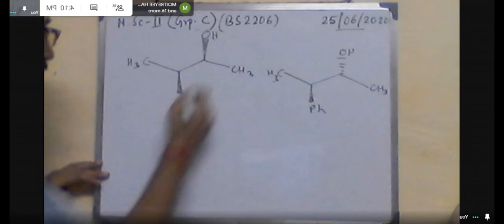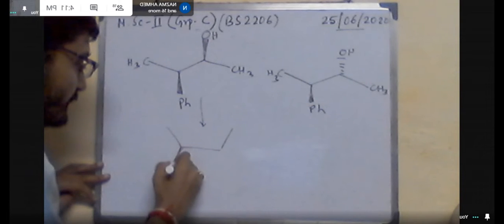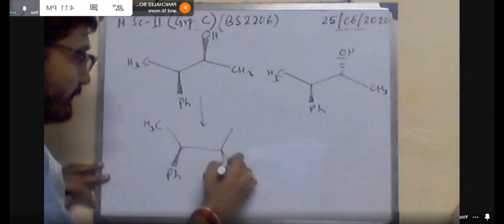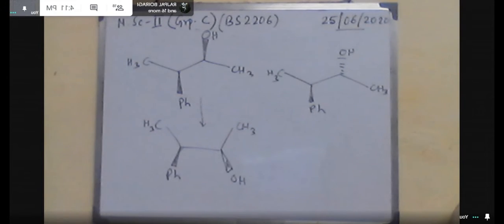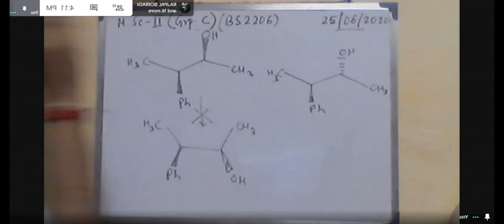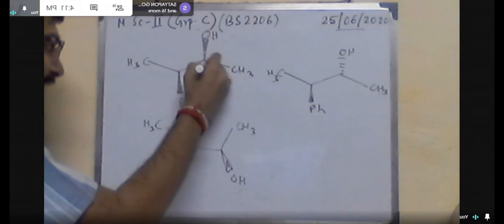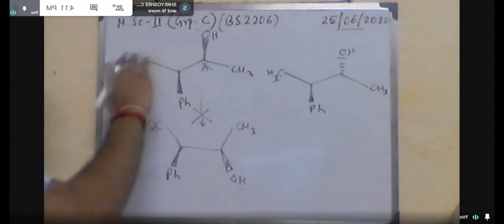Here you can see this is 1, this is 2, this is 3, and this is 4. The fourth group is away from the viewer, that means 4B plus. Rotation is 1, 2, 3, that means clockwise rotation. So plus into plus plus R, that means you have already changed the configuration. Similarly, you have done the same error here.